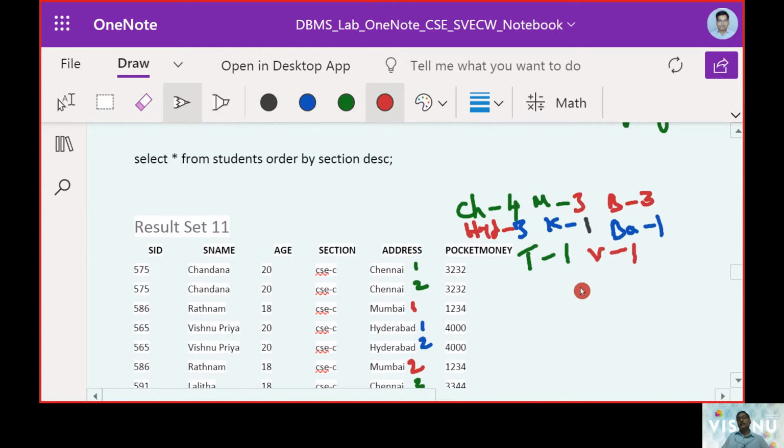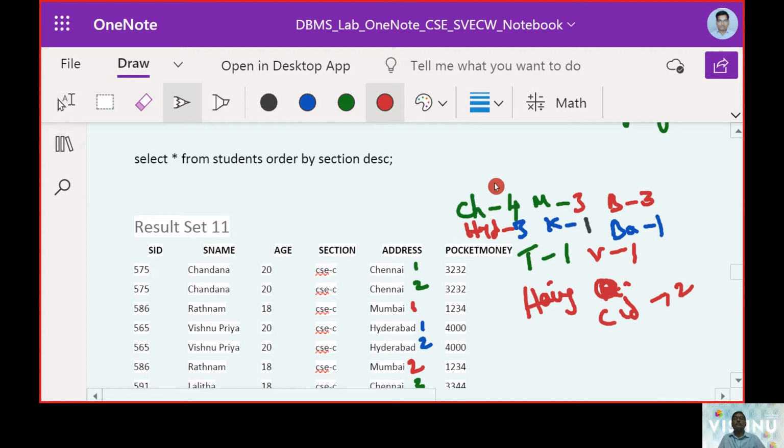Right. Now what was the condition? The condition was having the ID count greater than 2 occurrences.